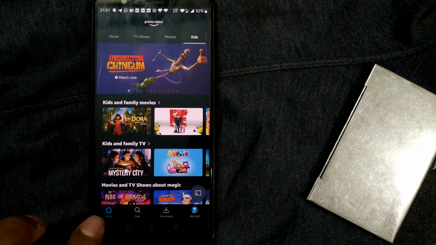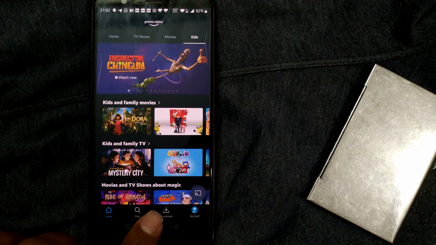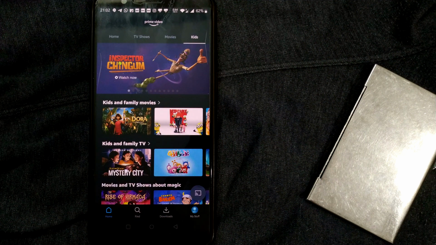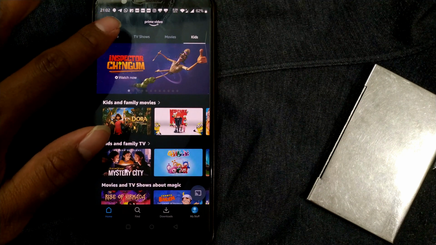So you can also see at the bottom, like home, downloads. You can even download it offline to watch your favorite series or movies. For series, you can even download the whole series at a time, and for movies it will only download your movies. For example, if I go to a movie,